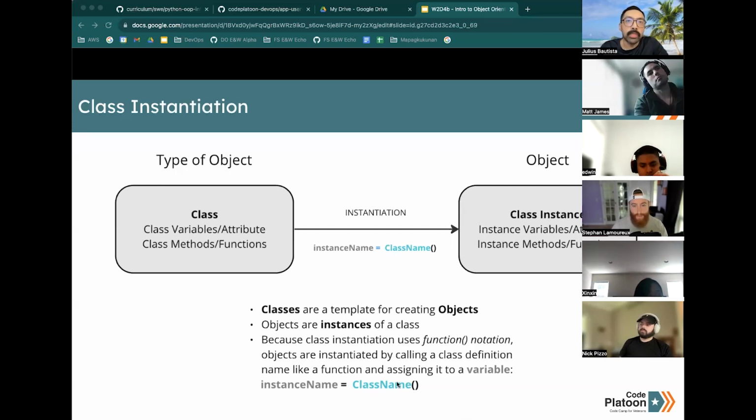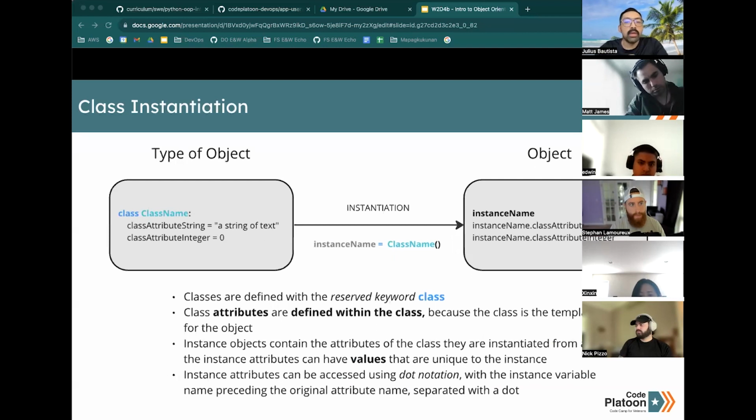The syntax for doing this is like parenthesis notation, I think, but it's what you see at the bottom of the screen here. We have a variable on the left side, instance name, and that is what we are assigning class name with parentheses to. You can define a class by calling the reserved keyword class, followed by the name you want